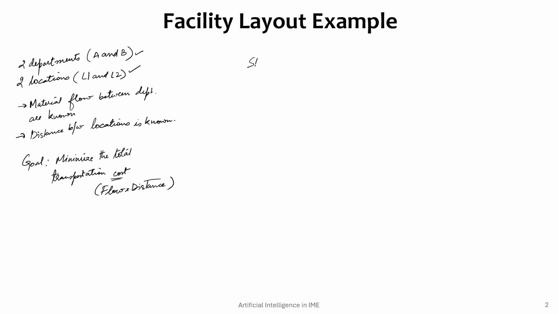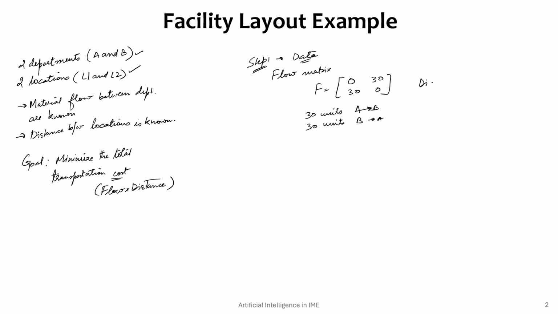So step 1, first acquire the data, right? So flow matrix is F is equal to 0, 30, 30, 0. Okay, so here 30 units move from A to B, and 30 units move from B to A. Okay,